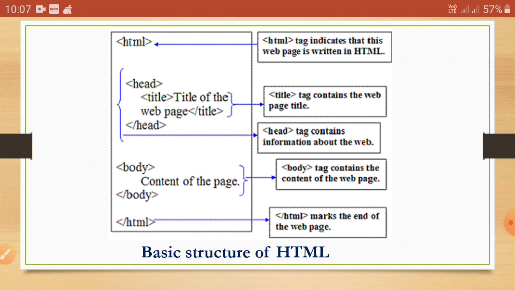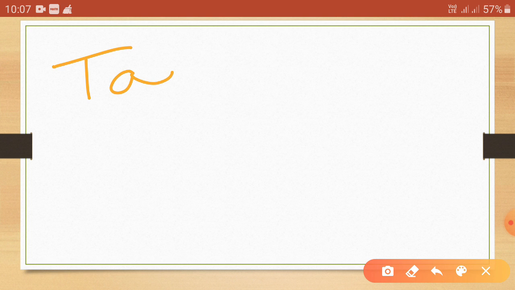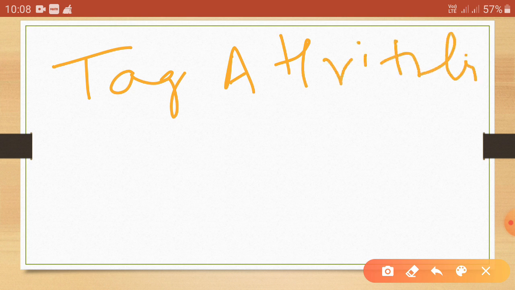Now we will be looking at the next part, that is tag attribute. Actually, some tags can have special attributes. Attributes can provide additional information about the HTML element which is enclosed in that tag.